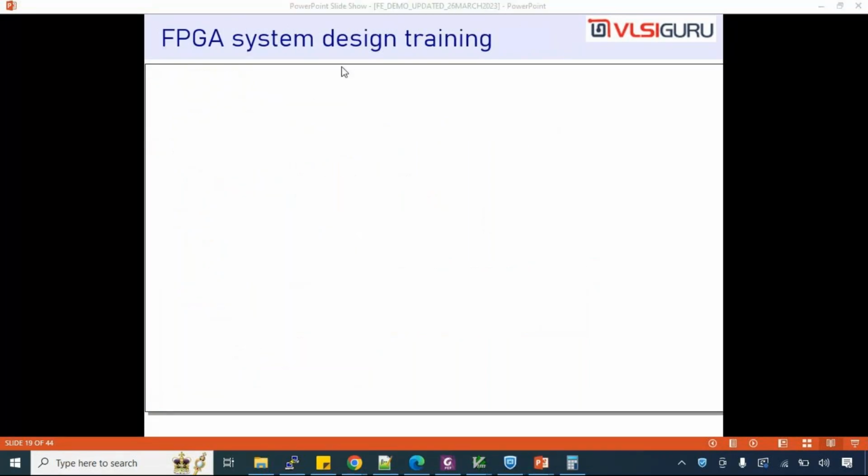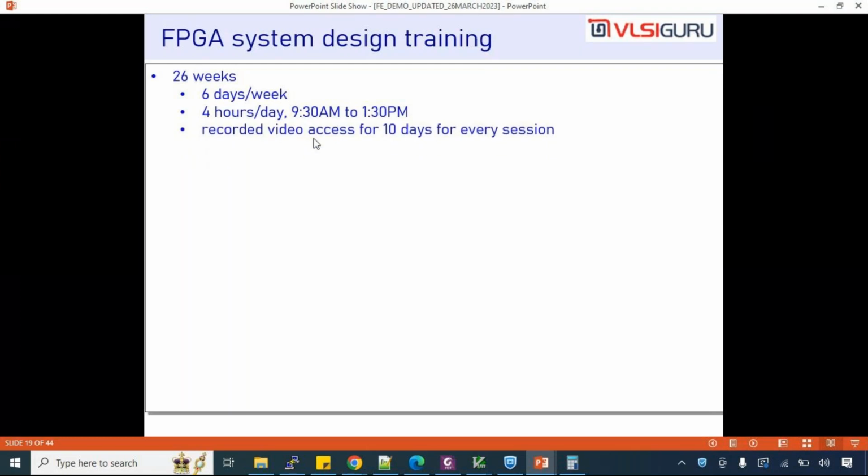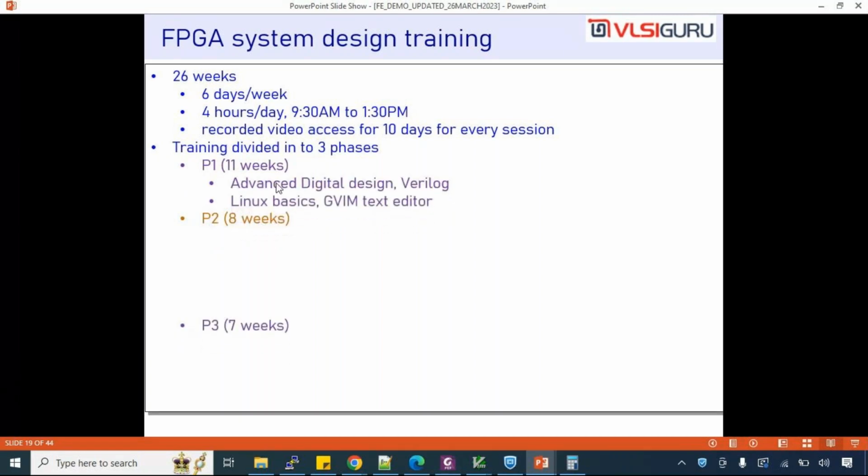Talking about FPGA system design training, some of you may be interested in FPGA system design and verification training. It will also have similar things. It's a 26 weeks course, 6 days per week, 4 hours per day, and recorded video access. That's the same thing. Training is again divided into three phases: phase one, phase two, phase three. Phase one is common. See, whatever is the